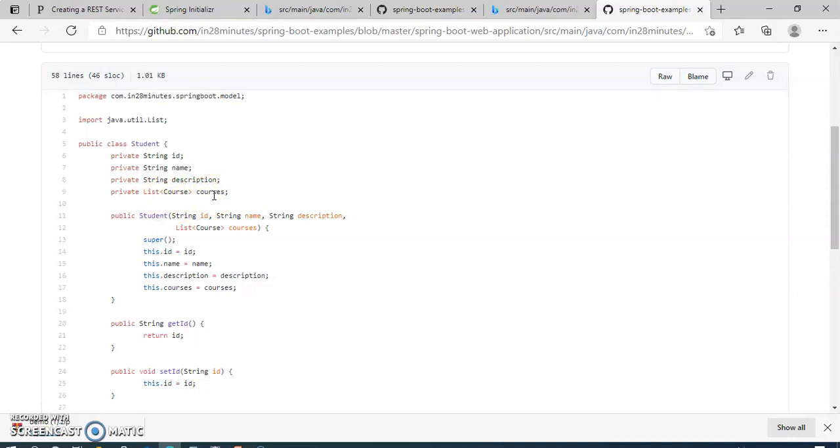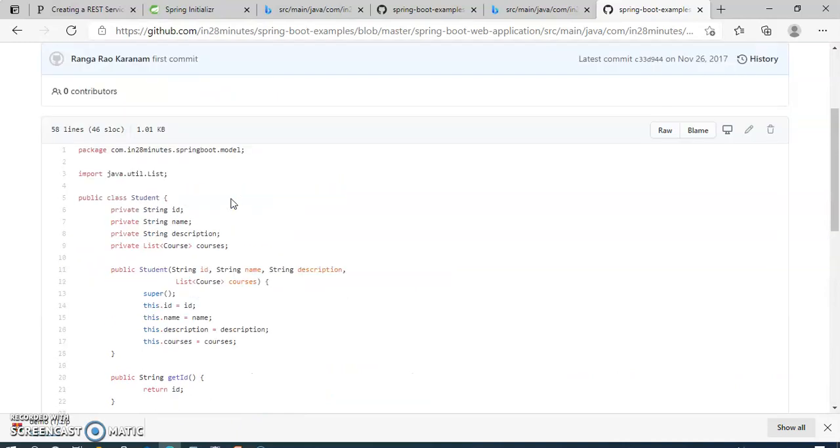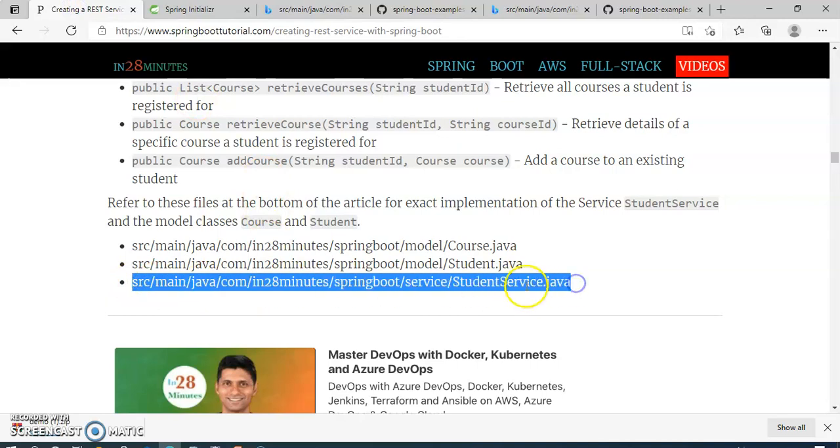In this list we have the list of courses. And the last one is the student service. In this we will see what kind of services we have for the student.